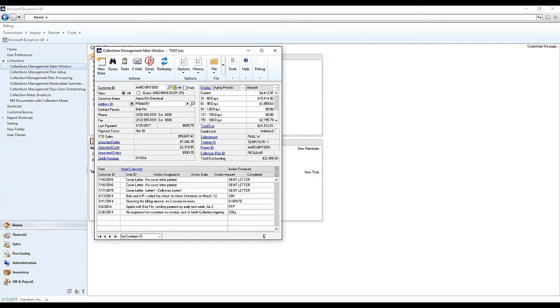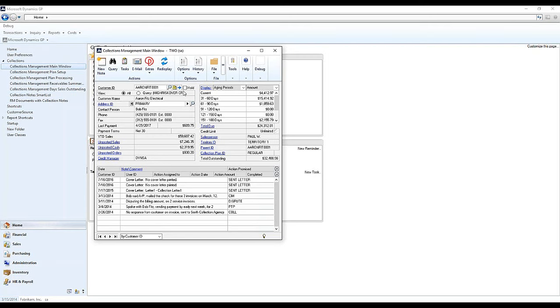Let's say you come in your collections main window, you're looking around, and you see your customer here owes you a large amount of money that you need to collect on. You can look back at some of these unposted sales and unposted orders, and perhaps there's a product you haven't shipped to this customer yet, or a service you've carried out for them. You can look at putting a hold on those things